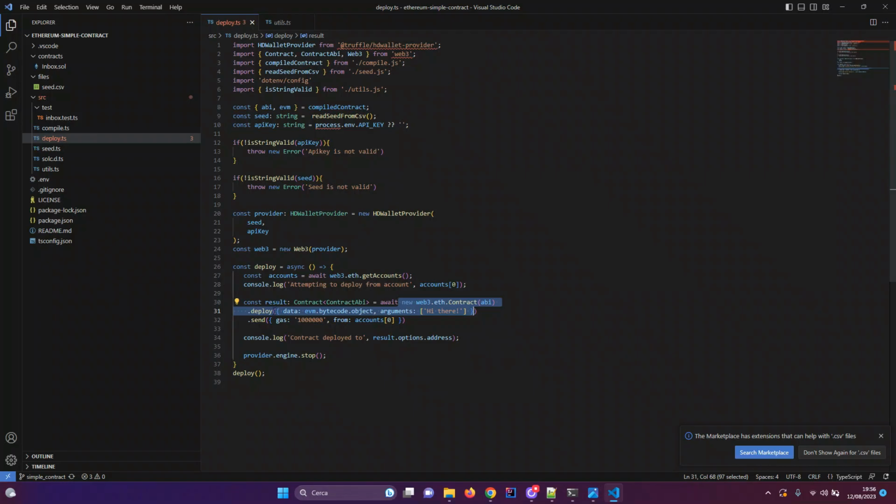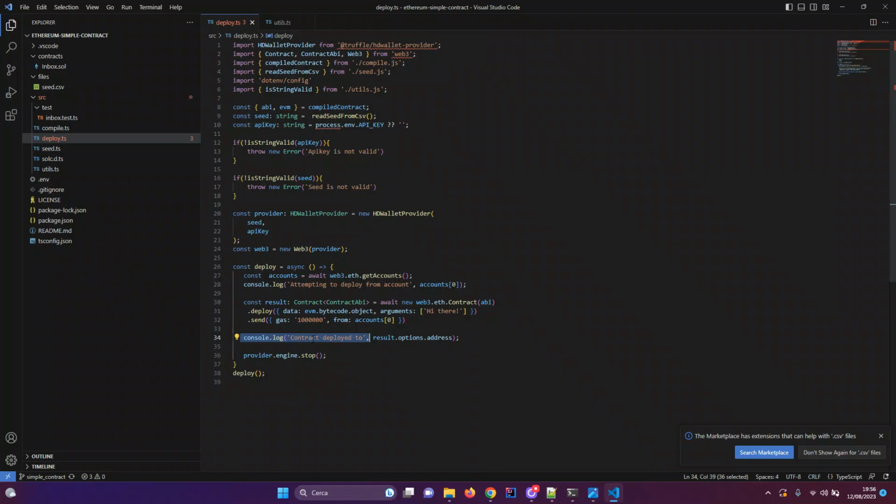Okay. Basically the send method is what actually sends the contract to the network, and of course this is an asynchronous function, so we should wait until it finishes, and then we print a message to certify that the operation has finished well.